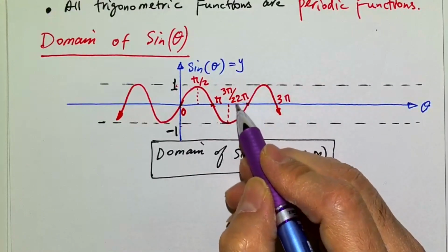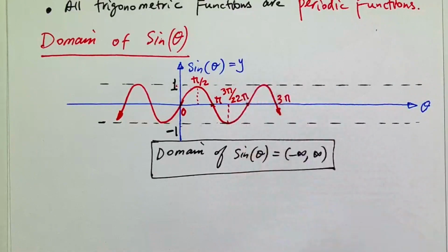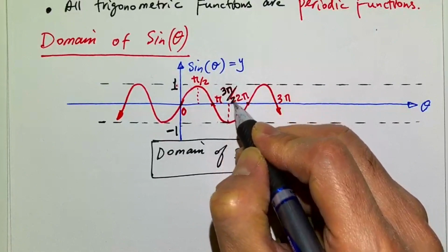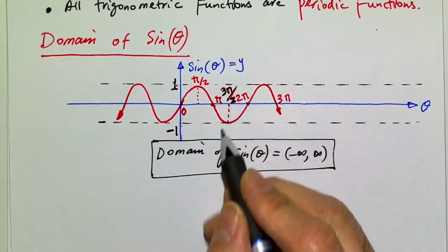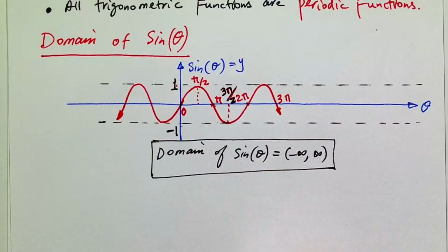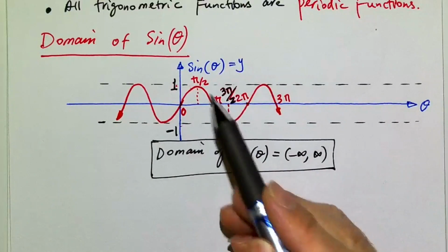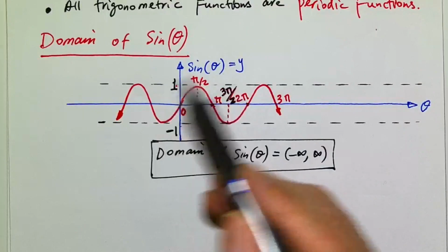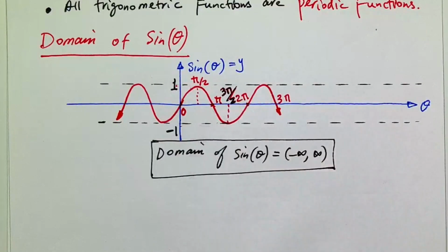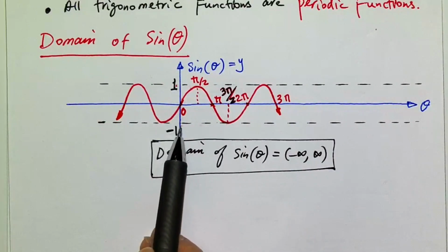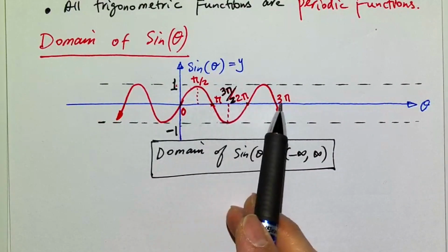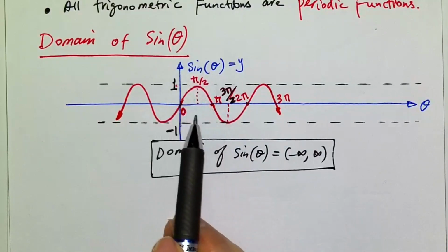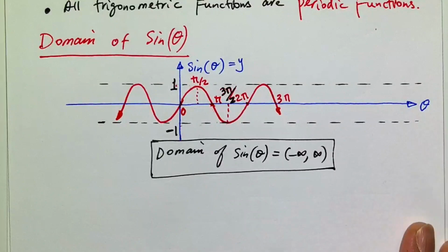Okay, I'm sorry, these are close to each other, but let me change the color then. So that would be 3 pi over 2, which is the dashed line that you see. Very, very important to establish very early on what the sine function does. Where is it 0, where is it 1, where is it negative 1? Make sure that you remember at which angle the sine function is 0 or 1 or negative 1. Very, very important.